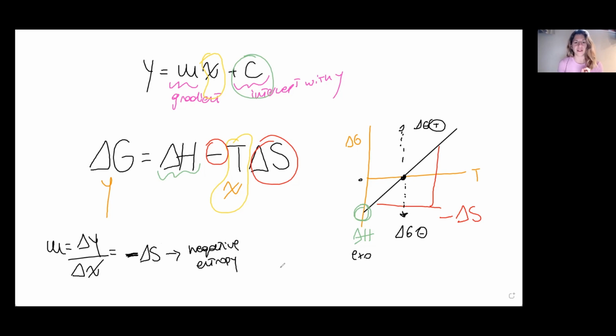But in fact, if you think about the meaning of delta G in general, this graph makes sense, because we know that when we have a reaction that is, I might need to clear up the colors here, a reaction with delta H being exothermic, and delta S being negative, so a decrease in entropy, the feasibility of delta G depends on the temperature. In fact, we can see here that above a certain temperature, delta G would be positive,